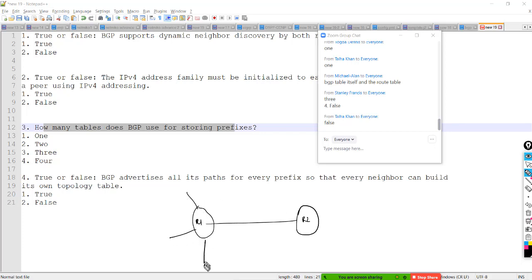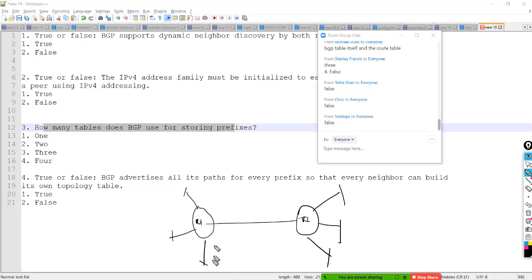I have multiple prefixes, and this question says that as soon as BGP starts advertising all other prefixes, like let's say 1.1.1 starts forming neighborship with 2.2.2 on the other side. Yes, so the answer is false.